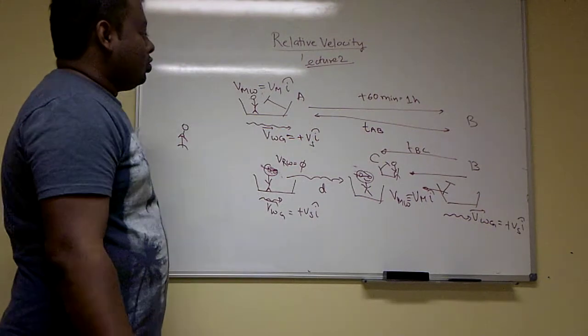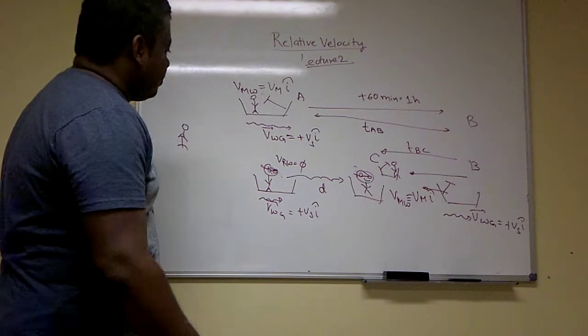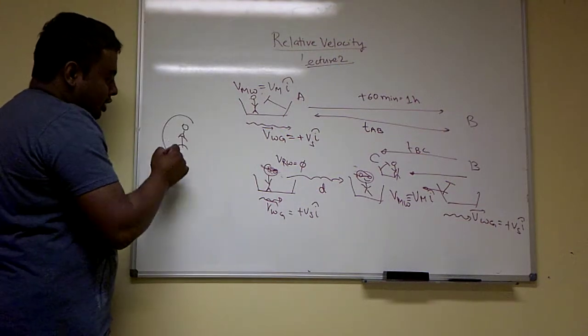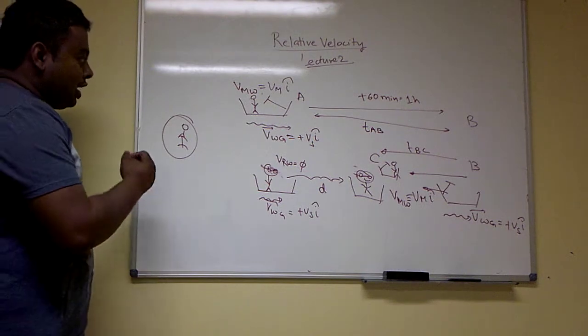Okay, so in TAB amount of time, because everything is getting calculated with respect to this ground observer, we have to calculate first